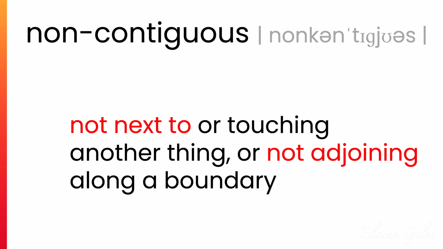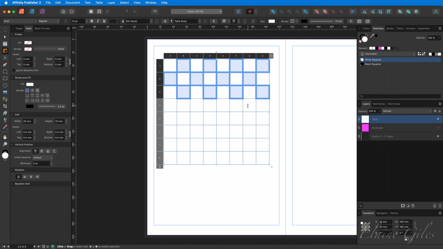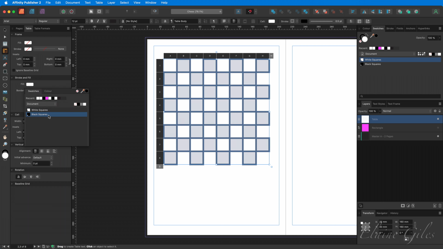But to select just the black cells, what I need to do is make a non-contiguous selection. So I'm clicking in B1, I'm holding the Command key down, which will be Control on Windows, and I'm selecting the cells that need to be black. Now obviously there's quite a few of them, 32 to be precise. But as long as you hold that Command or Control key down, it's a simple matter of making the selection. With them selected, I can then go back to my stroke and fill, and this time choose the black squares